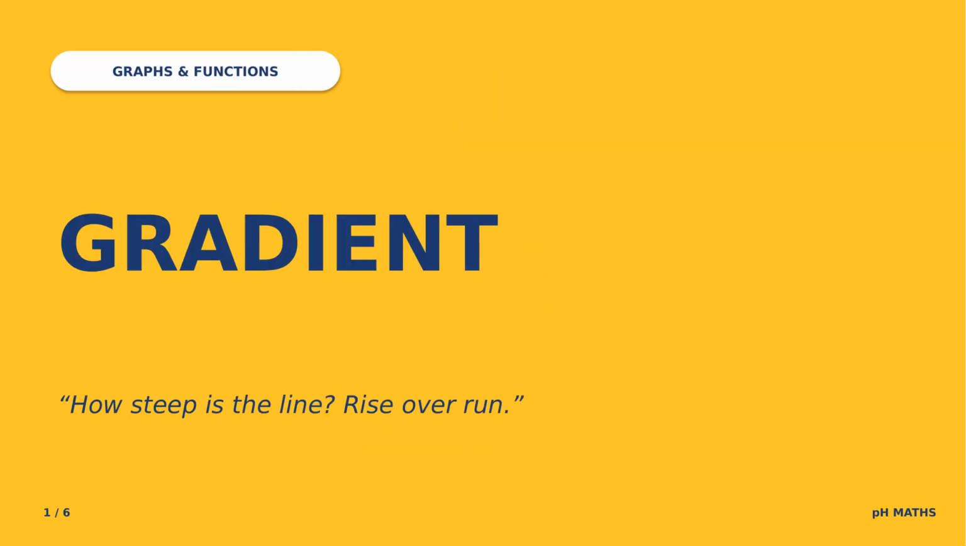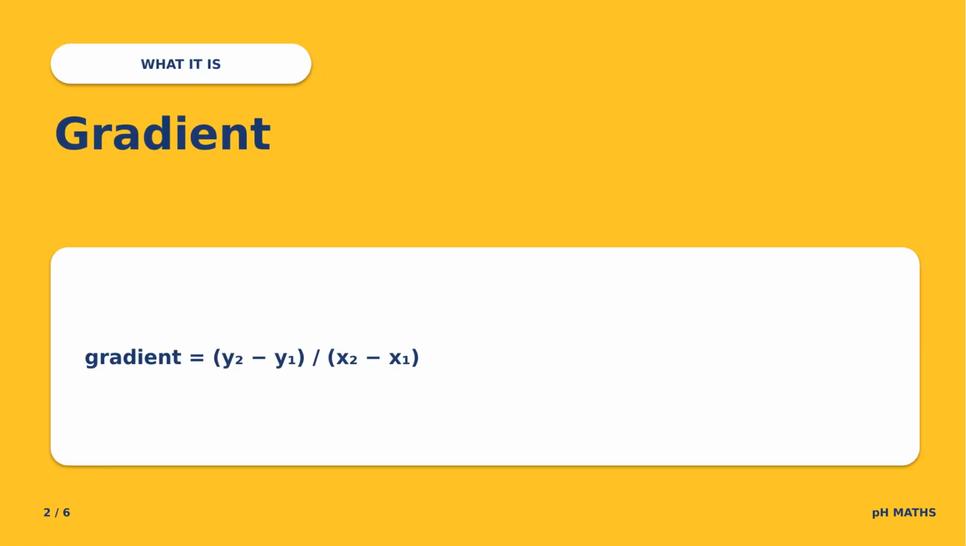Hello and welcome to PH Maths. Today's explainer is gradient, how steep a line is, rise over run. By the end of this video, you'll know the formula, the sign convention, and the trap of subtracting in inconsistent order. Definition. Gradient equals the change in y divided by the change in x, written as y2 minus y1 all